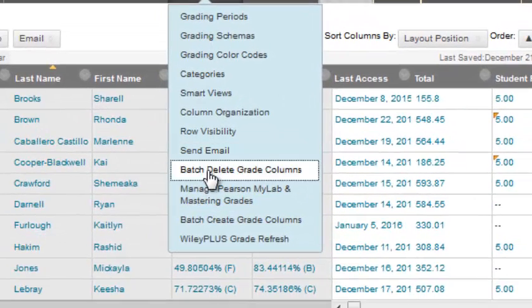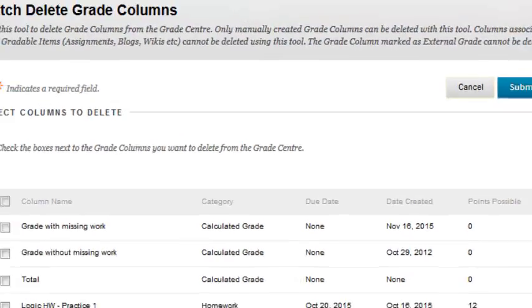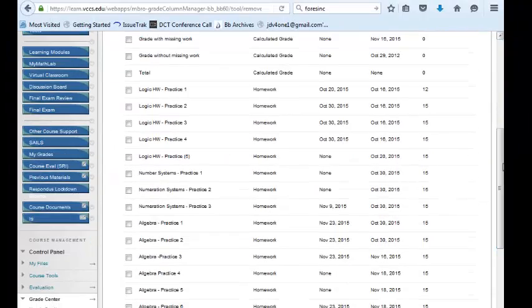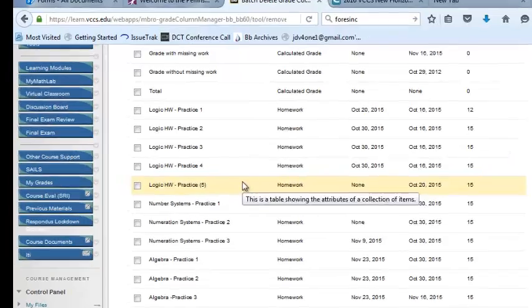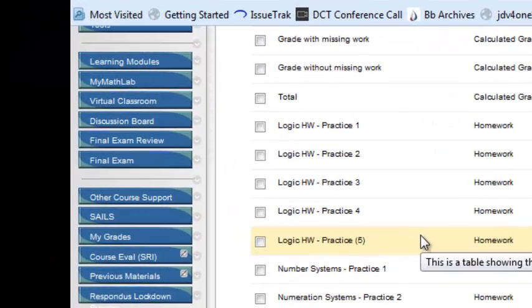So let's take a look at Batch Delete first. As you notice, it pulled up all the manually created columns in my Grade Center. When I say manually created, those are columns that you create using either the Create Column option or the Batch Create column. Columns that are created by assignments, tests, or other gradable Blackboard items like the discussion board, wikis, blogs, and journals cannot be deleted. You have to actually delete those options within the content area over here on the left-hand side, versus the manually created ones, where you actually go into the Grade Center and click on either Create Column or